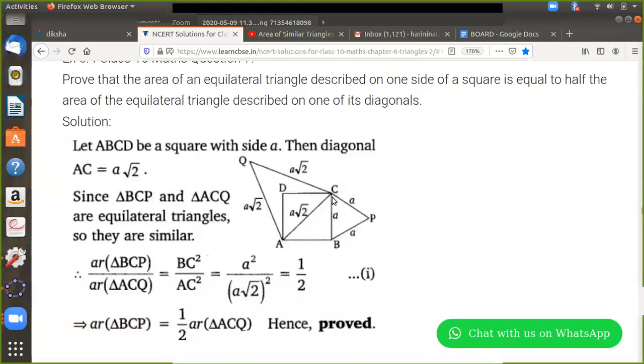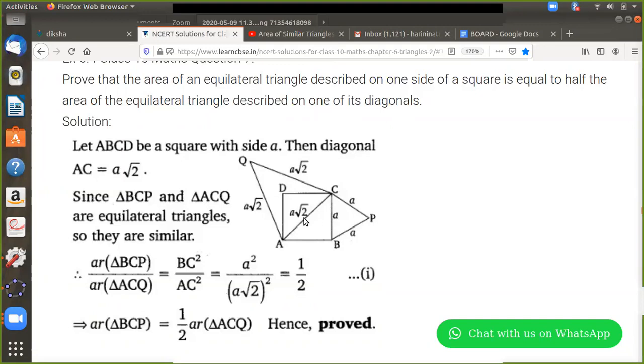All right. Now the second triangle is sitting on the diagonal. So if A is the side of the square, can I calculate the diagonal of the square? Using what? Why is no one answering? All of you are busy drawing the figure, is it? Can I calculate the diagonal of the square using its sides? Which is that theorem which will allow me to... Ma'am, Pythagoras theorem. Yes, very good.